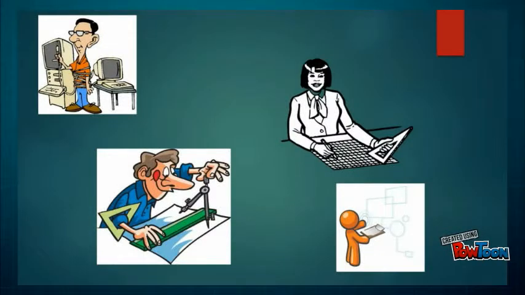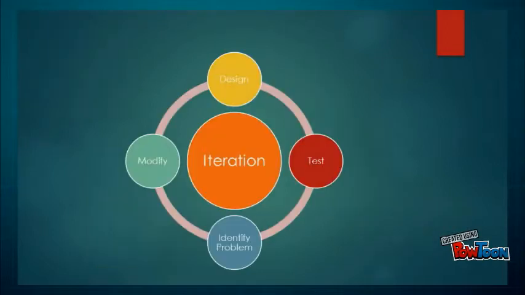Engineers do not always follow the engineering design process steps in order, one after another. It is very common to design something, test it, find a problem, then go back to an earlier step to make a modification or to change your design. This way of working is called iteration, and it is likely that your process will do the same.